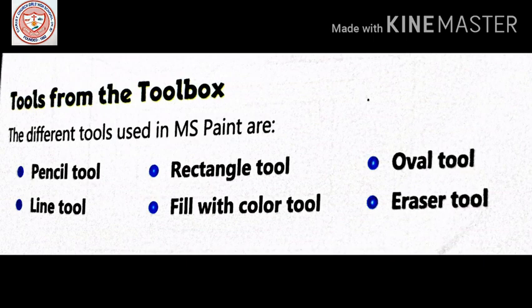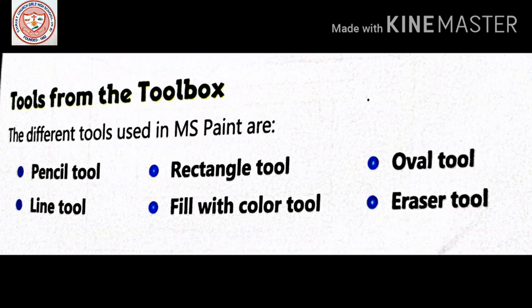The different tools which are used in MS Paint are pencil tool, line tool, rectangle tool, fill with color tool, oval tool and eraser tool.